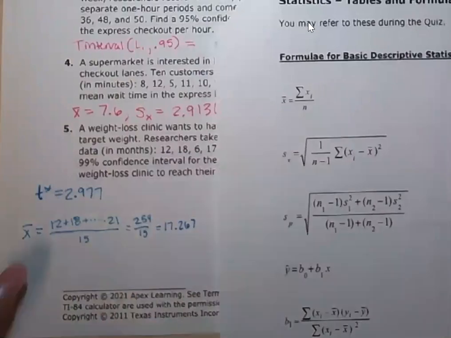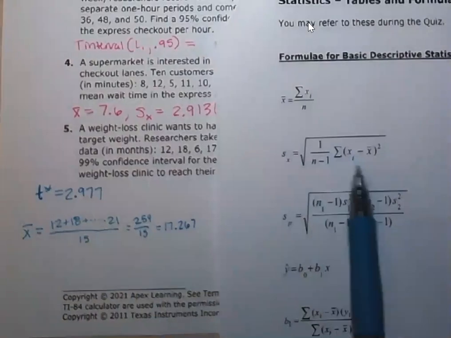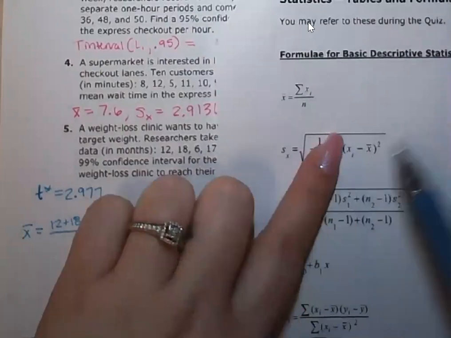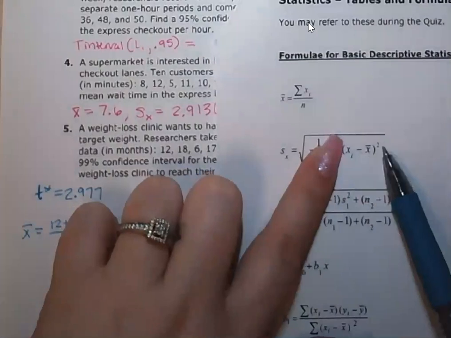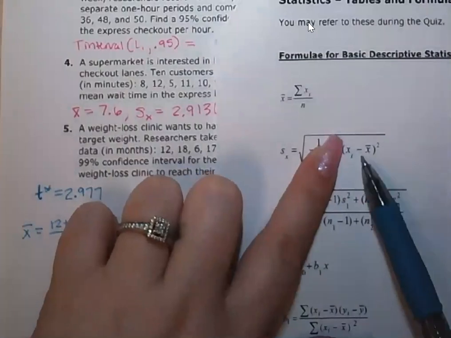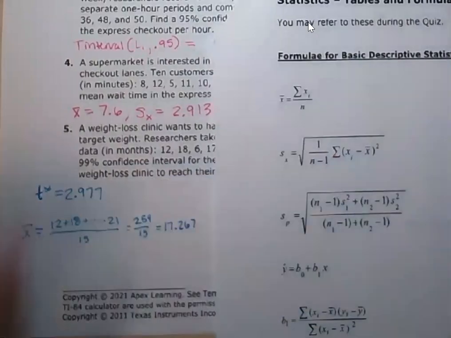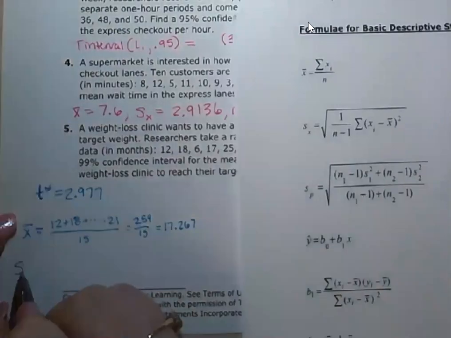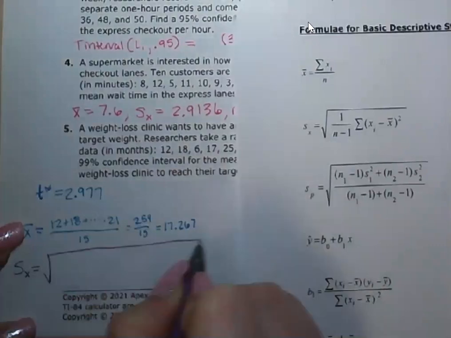And write this down. The key things in here, remember this epsilon means the sum of all of these. So we're going to put all these numbers in here, but then this part, we're going to do this data point minus X bar all squared for each data point and then add them all together. It's going to be a lot of work because there's 15 pieces here, but I can show you in general what it's going to look like, and then I'll use my calculator off screen. So S sub X is going to equal the square root of,